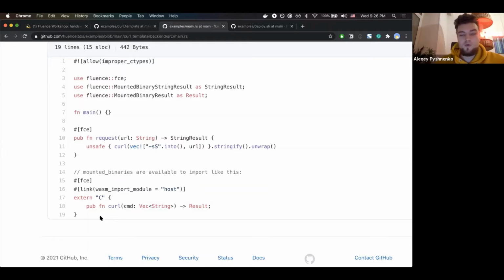So anytime you want to call some mounted binary, some external binary, you will have to do it that way. You will have to have extern "C" around it, so Rust knows it's an FFI, foreign function interface. You will have to have this link attribute that points to the mounted module, host, so the runtime knows that you mean running those functions on the host. And you will need to have this macro, marine, that converts all this and converts